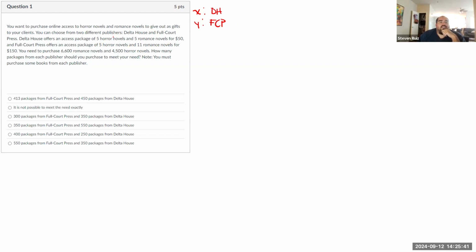Delta House offers an access package of 5 horror novels and 5 romance novels for $50. Full Court Press offers a package of 5 horror novels and 11 romance novels for $150. I need to purchase 6,600 romance novels and 4,500 horror novels. So I think I need to make one equation for each genre of book. So for horror,